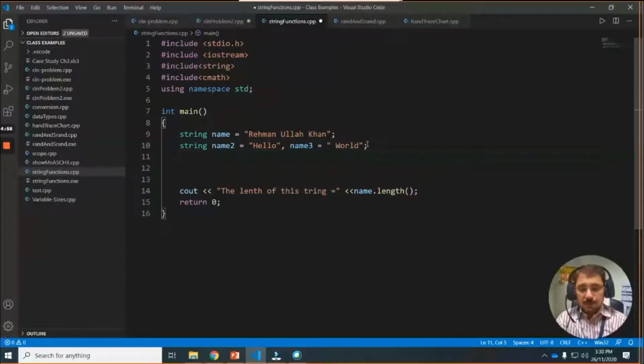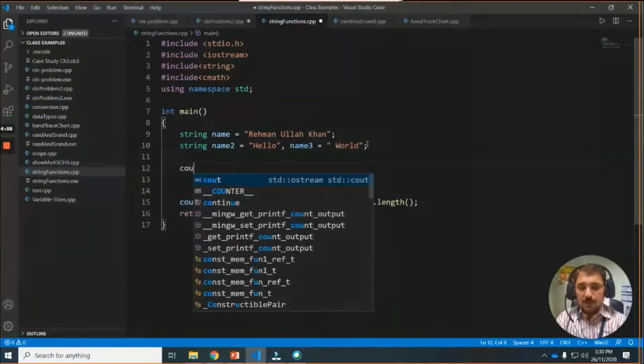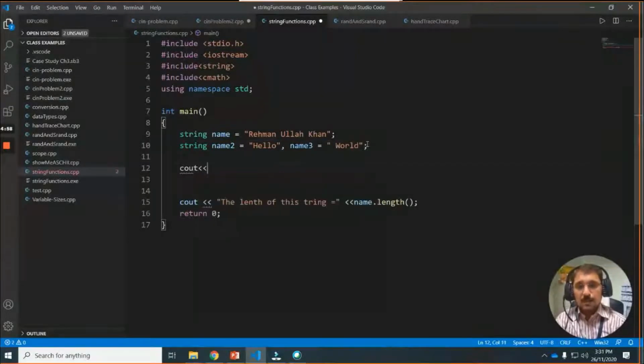And after that, if I type cout "to join the two strings", and after that I will apply it like this.